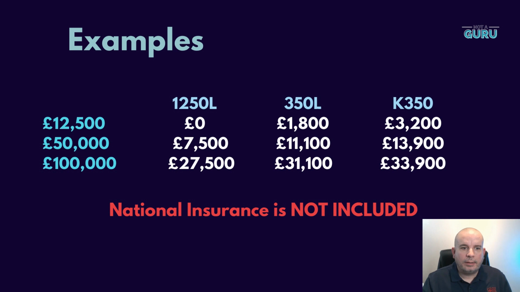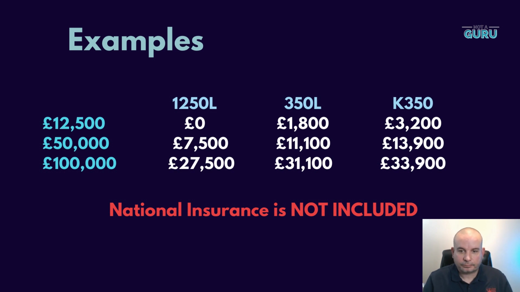Okay, and then just some examples of the tax you would pay on some of these income levels with some of these tax codes. Just a reminder that national insurance is not included in any of this, so you'd always have to add national insurance on. So 1250L code, which is the most common one, you're paying nothing at £12,500 salary, you're paying 7.5 grand a year at 50, and on 100 you're paying